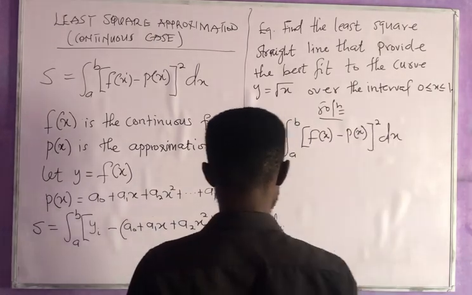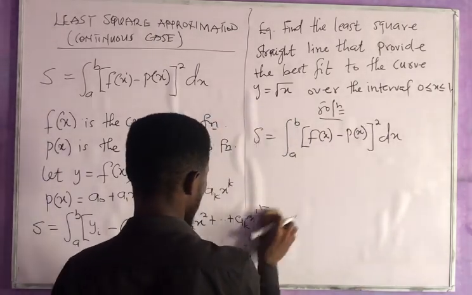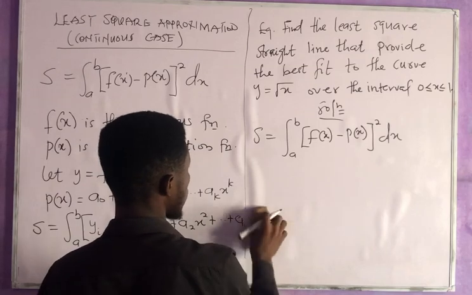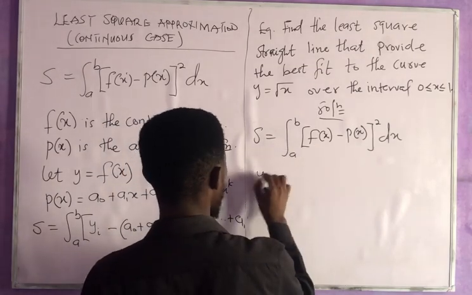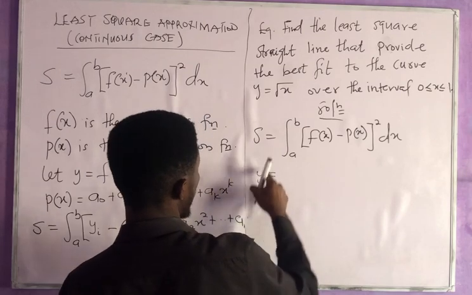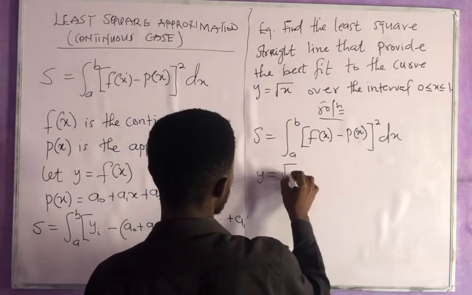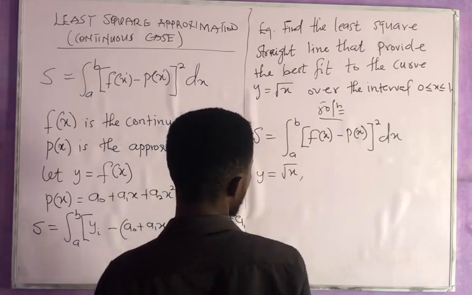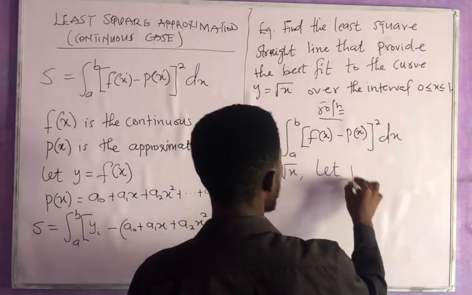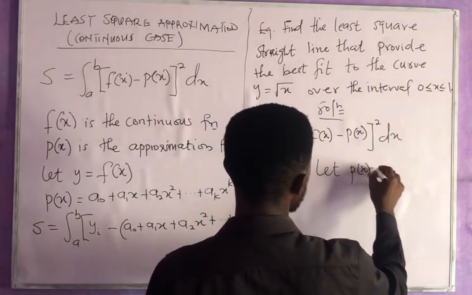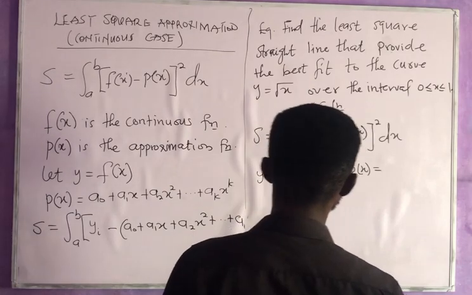Okay, this is the formula. So looking at this, our y or f of x is what? Root x. Now you have to let p of x be equal to